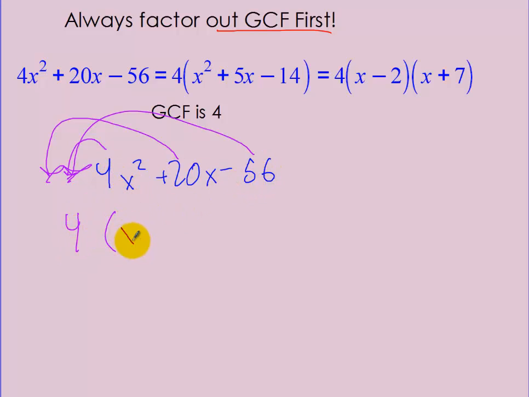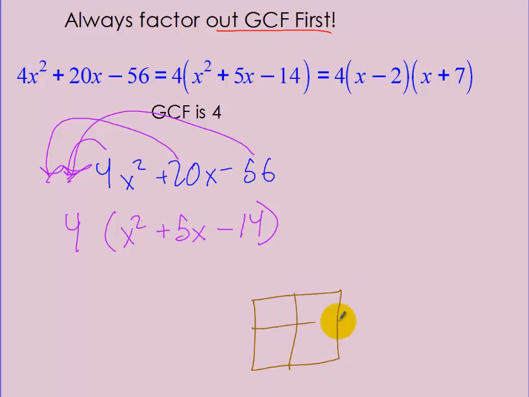4 divided by 4 is 1, so I'm just left with x squared. 20 divided by 4 is 5, so I'm left with 5x. And 56 divided by 4 is going to be 14, so it's minus 14. So now I have 4 times this quantity, and you can factor this part right here, and it became x minus 2 times x plus 7. I'm going to show you how we actually got that. So I'm going to make a box,